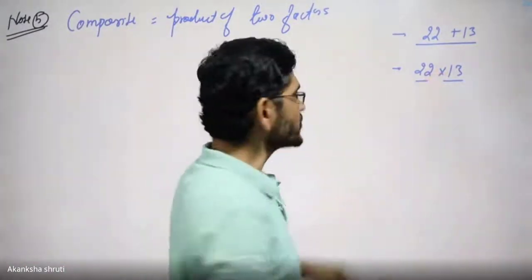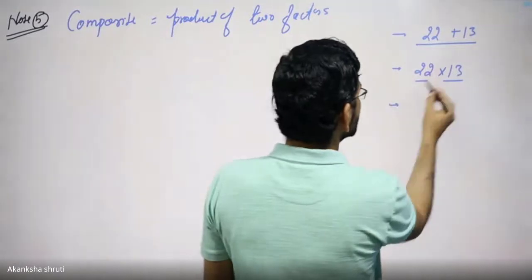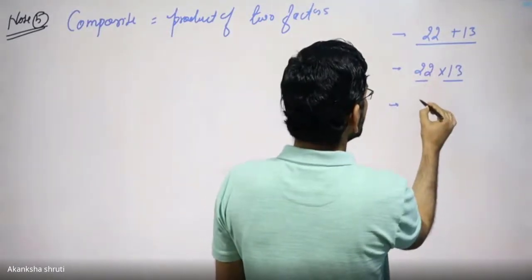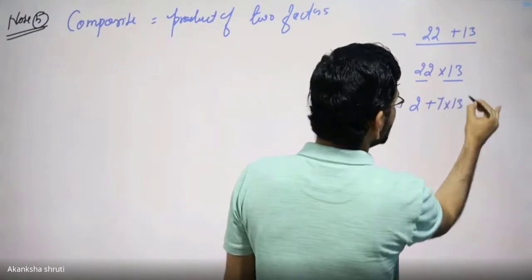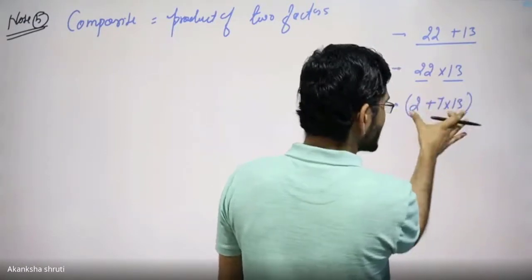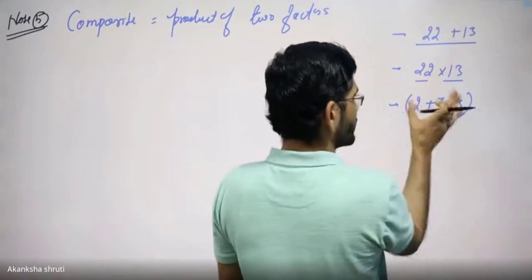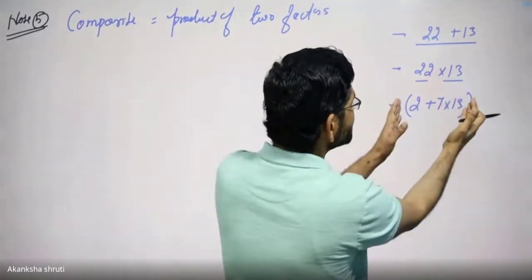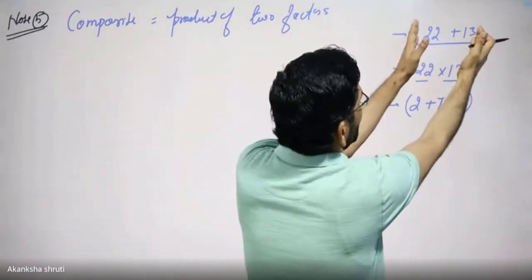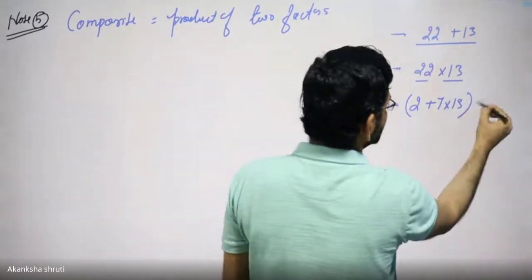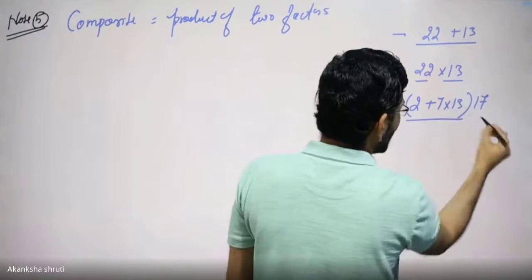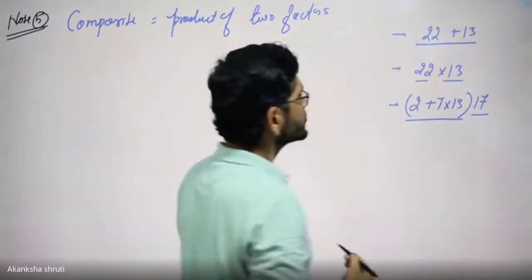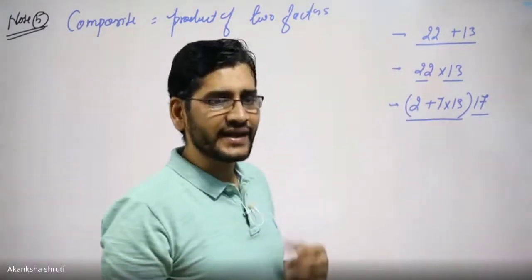It may be possible that there is 2 plus 7 into 13 as one term, means as one bracket, or one factor which itself is forming various terms, and another one is say 17. So this is one factor, this is the other factor. तो आपको फैक्टर आइडेंटिफाई करने आने चाहिए.